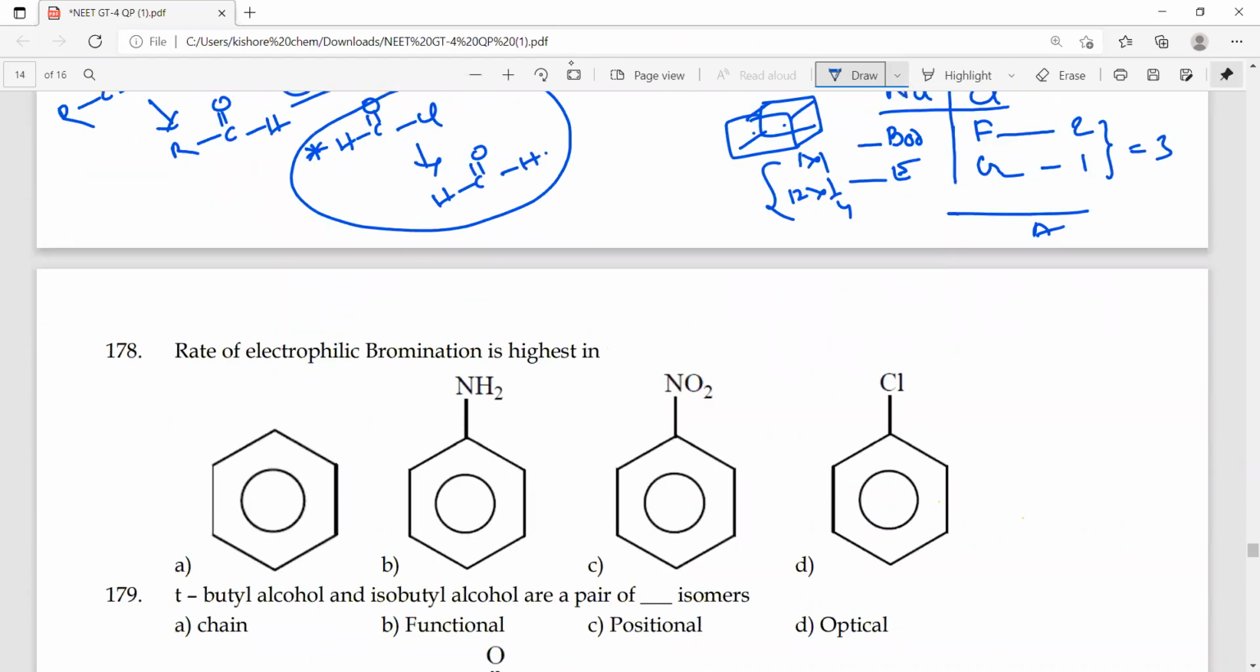See the question number. We know this one. Which one is the highest in electrophilic reactions? In the textbook we know this: phenol undergoes extensive bromination as well as aniline. Both are strong activating groups. When phenol and aniline react with bromine water they give 2,4,6-tribromophenol and 2,4,6-tribromoaniline. So the answer is